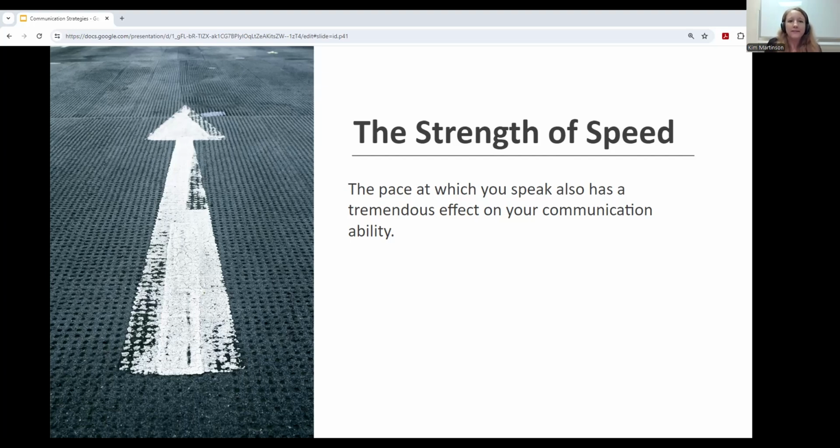Speed also has an effect on tone and emotional quality of the message. And a hurried pace can make the listener feel anxious or rushed. A slow pace can make the listener feel as if the message is not important, or it can make the person feel like they're dumbing something down in a way. So a moderate pace will seem natural and help the listener focus on the message.